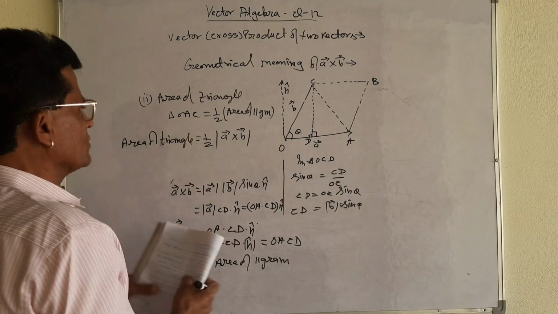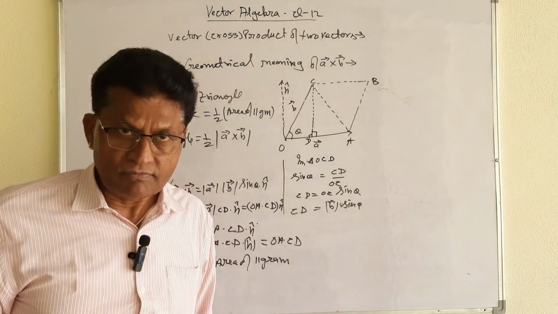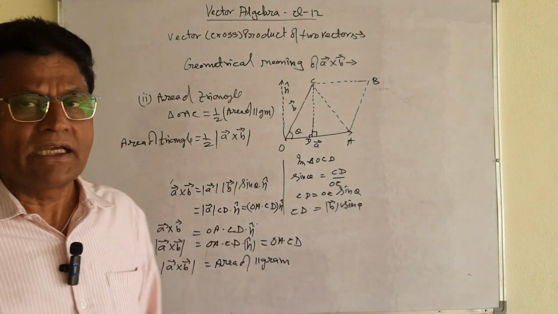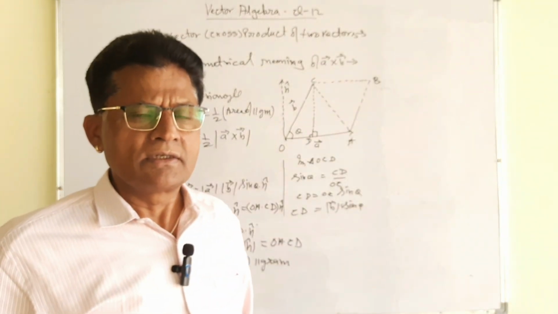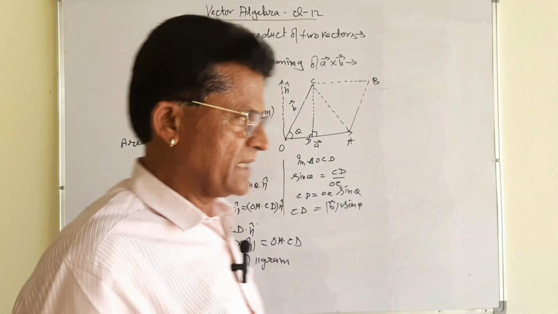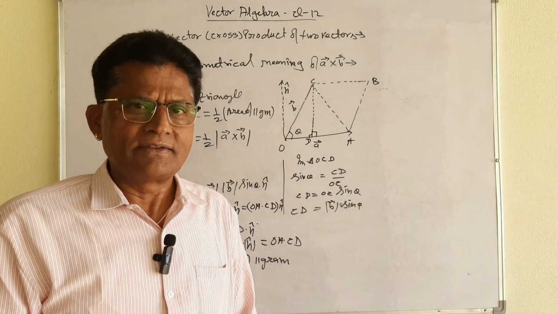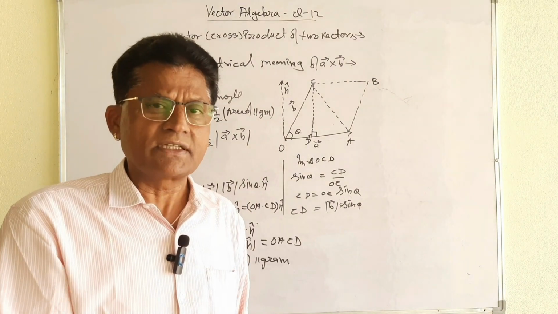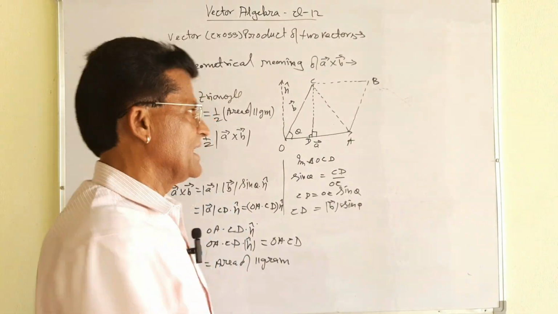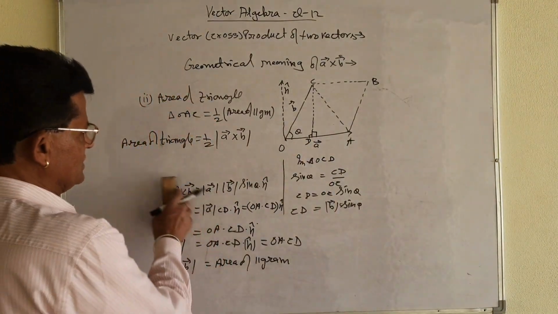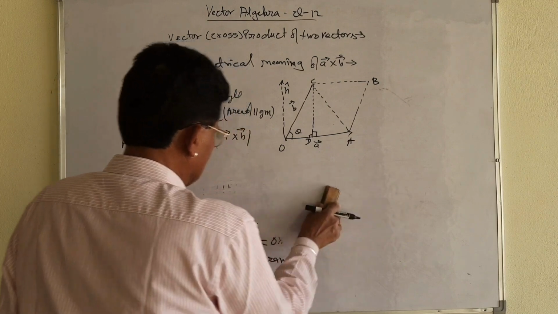Area of triangle will be equal to half area of the parallelogram. Most important result I have discussed as per the definition of the vector product of two vectors. That is why you must keep it in mind. Now I will take the question related with this definition. In detail I have discussed the properties, formula as well as the different conditions. Let me take the question related with this one.